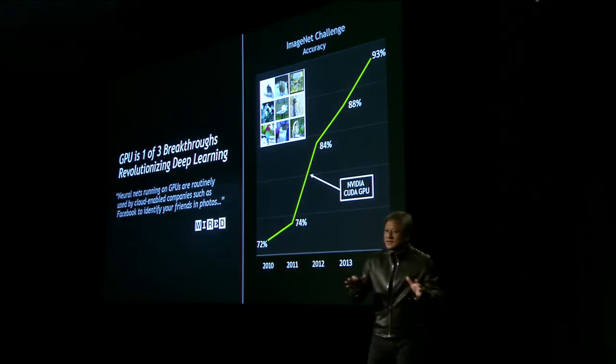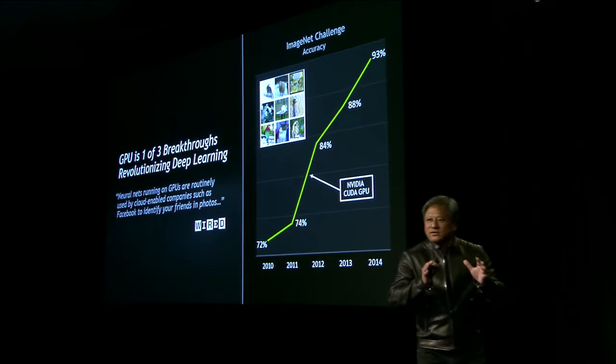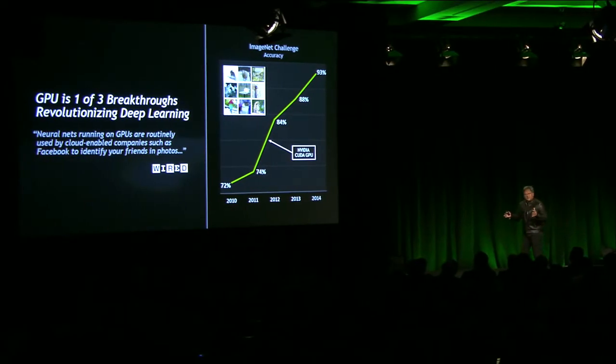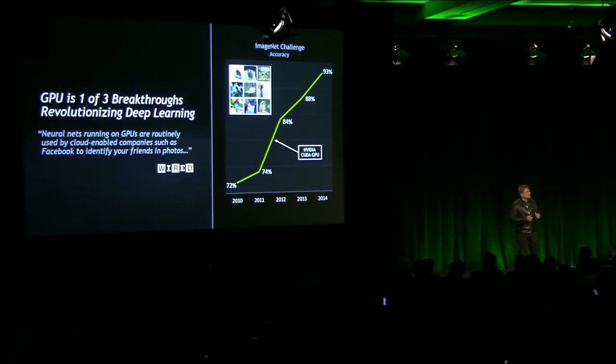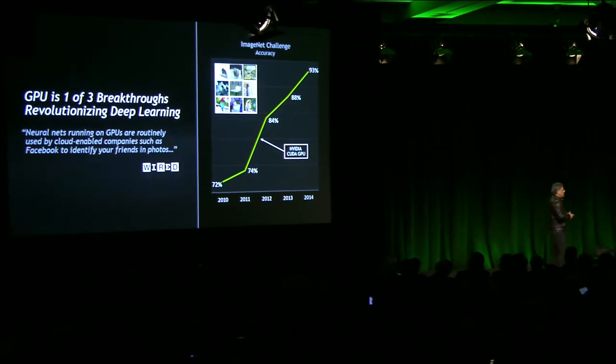1.2 million test images, and you have to recognize 1,000 things. And whoever has the greatest accuracy wins. Now, they've been progressing for the last decade a couple of percent per year, using the traditional feature detectors, support vector machines, engineers working really hard to detect more and more objects. All of a sudden, the GPU comes along, the deep neural network was invented, and bam, in literally just 1 year, it shot up from 74% to 84%, and now